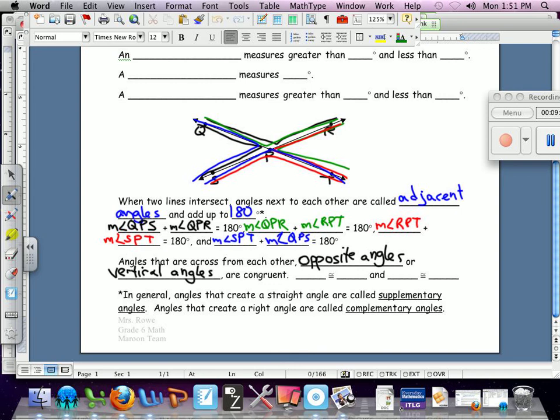Are congruent. So in the diagram we have up there, it means angle QPS is equal to angle, let's see, QPS is over here, so it's equal to RPT. Angle RPT are congruent. The measure of angle QPS is equal to the measure of angle RPT, but the angles themselves they call congruent because they have different points on them and such. The next one is the other angle QPR. That's the top here, and it is congruent to angle at the bottom, SPT. So you have to look for relationships